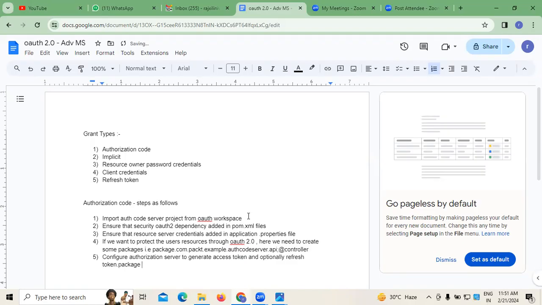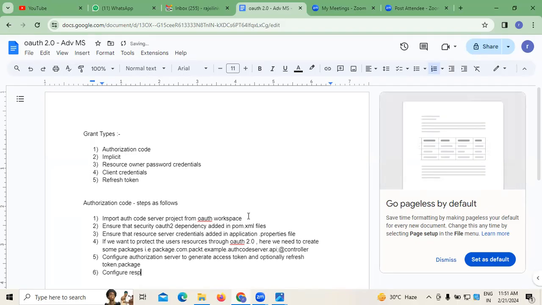So this is what generally we have to do when it comes to the configuration part. Once we have configured the authorization server, which will be used to generate access tokens and optionally refresh the token, next we need to